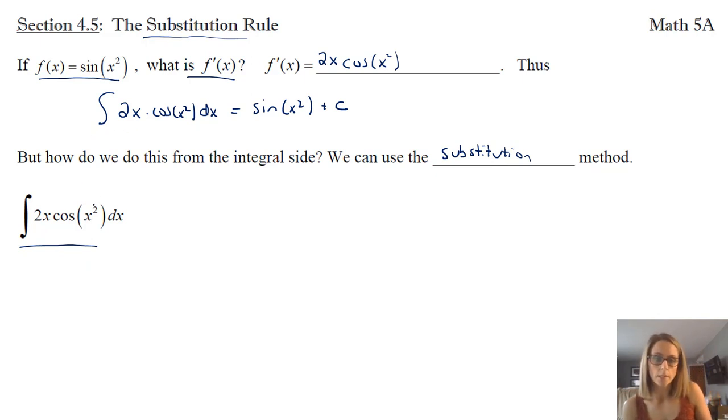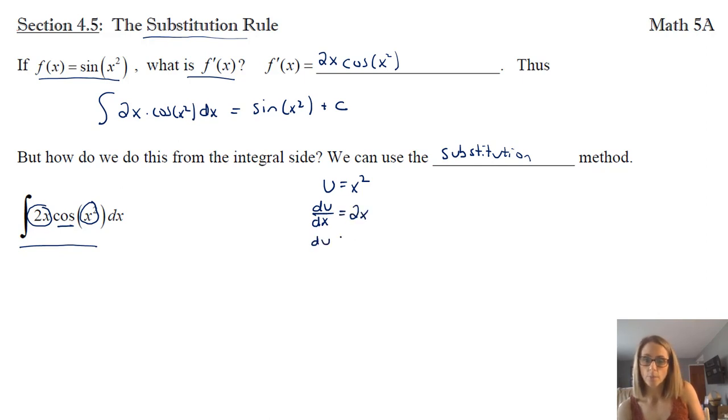So in this problem, what we notice is that we have something, and we have the derivative of that something. Now notice, I'm not worried so much in this moment about the cosine, and I'll show you why in just a second. So the something, not the derivative of the something, but the something becomes our u. So in this case, we would let u be x squared. And then what we would do is we would take the differential of this thing. And so remember, that's basically du dx, which is 2x. And that means that du is 2x dx.